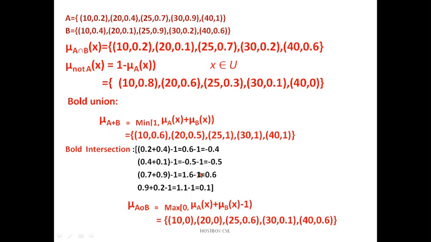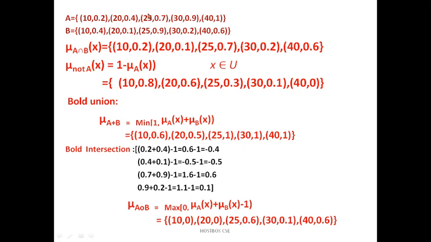And we have to take the maximum value. So we compare 0 comma minus 0.4, which is the maximum? 0 is the maximum. I am taking the 0. This is a negative number, so we consider the minimum value only. Similarly we take the next, that is 0.4 plus 0.1 minus 1. Based on the formula only we are doing. So 0.5 minus 1, we will get minus 0.5. So again compare with 0, we take the maximum 0 only. So I am writing 20 comma 0.